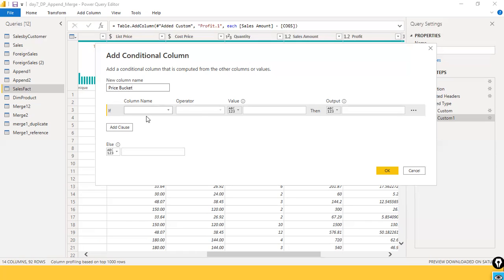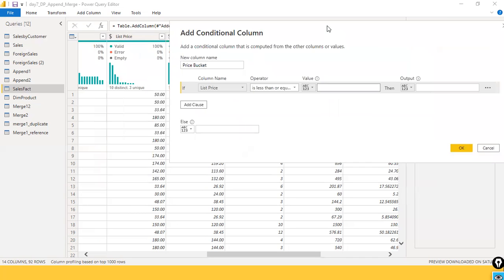I name it price bucket. Here, if I select something like, for example, if the list price is less than or equal to, so what is the value here? The list price. Okay, I say if the list price is less than or equal to $50. Then I say